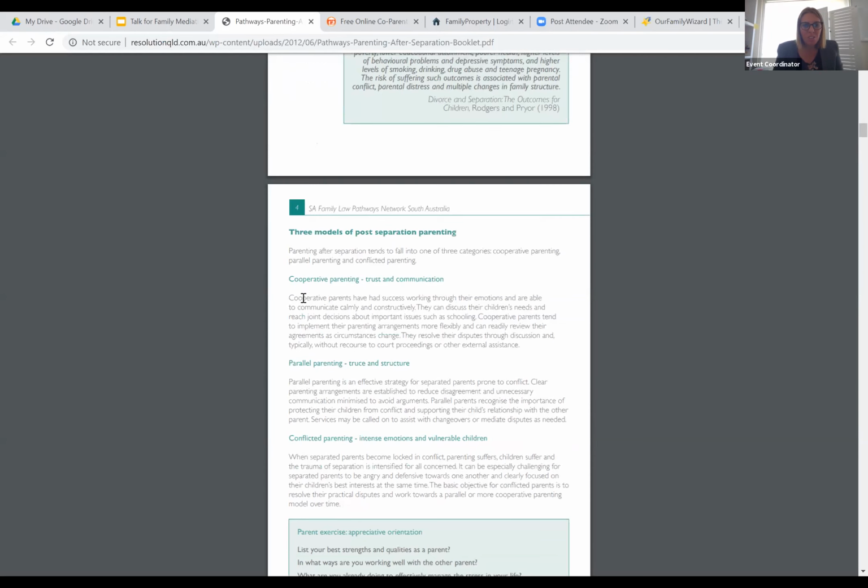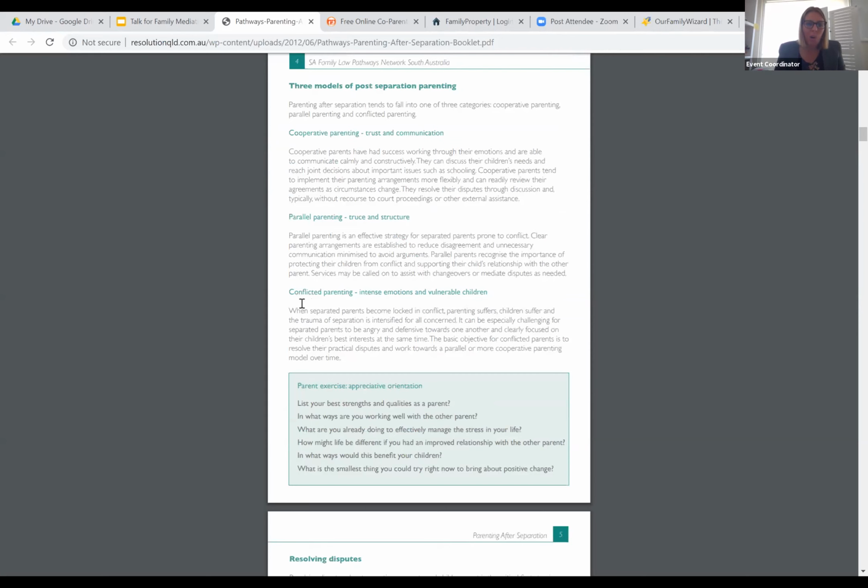It does go into different models of post-separation parenting, being the ideal cooperative parenting model where there's trust and communication, a parallel parenting model where there's truce and there's structure and you co-parent sort of effectively by yourselves without too much stress on the children, or unfortunately conflicted parenting where there's often intense emotions and vulnerable children involved.